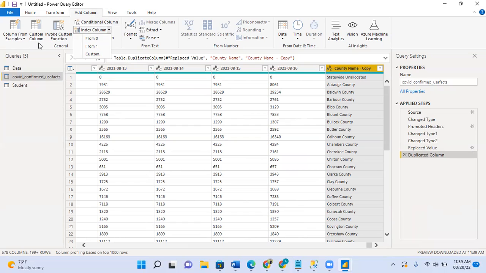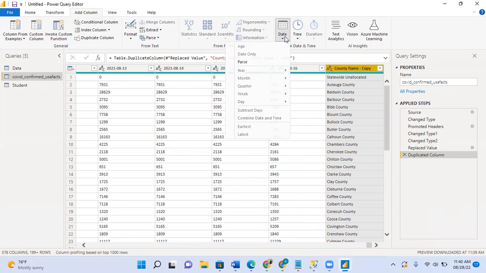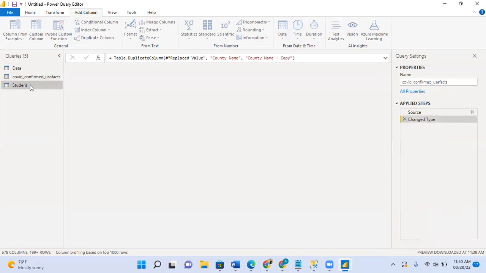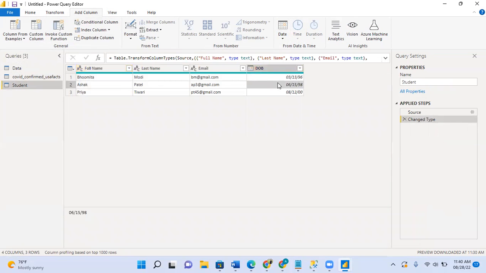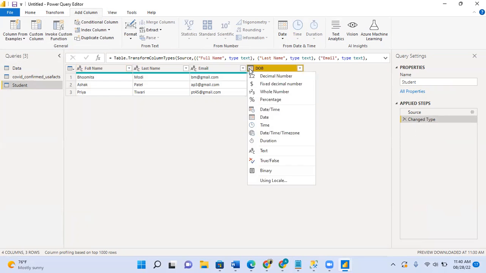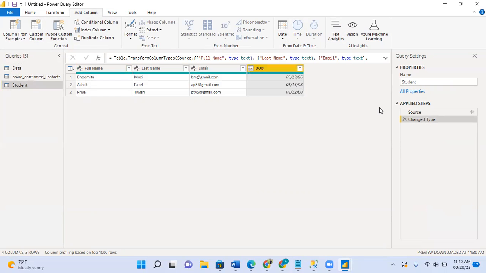There are so many options, like custom columns, invoke custom functions, conditional columns, duplicate columns, index columns, etc. If you want to change the time and date duration, you can do that also. There is one example of date. If you want to change this,